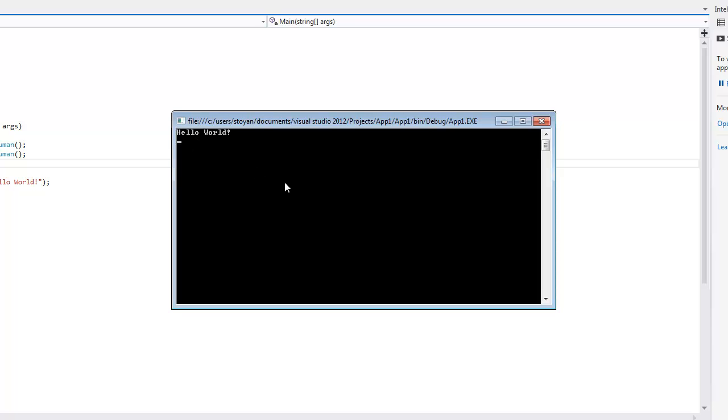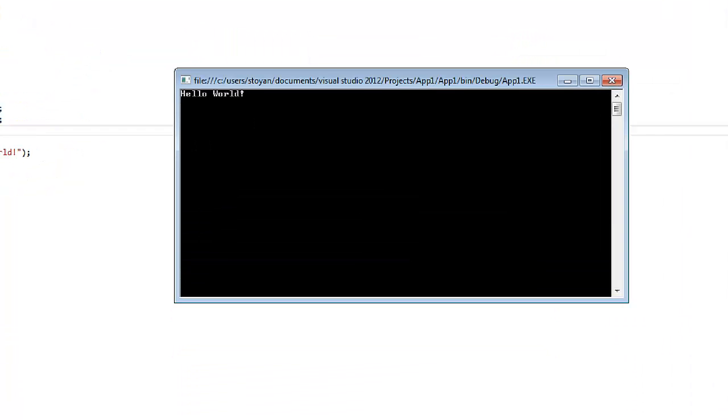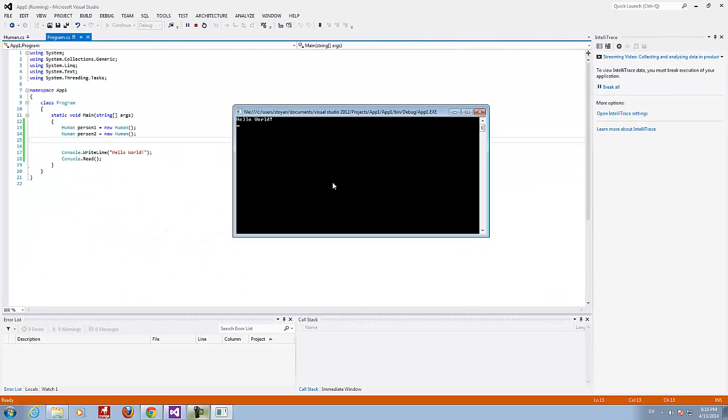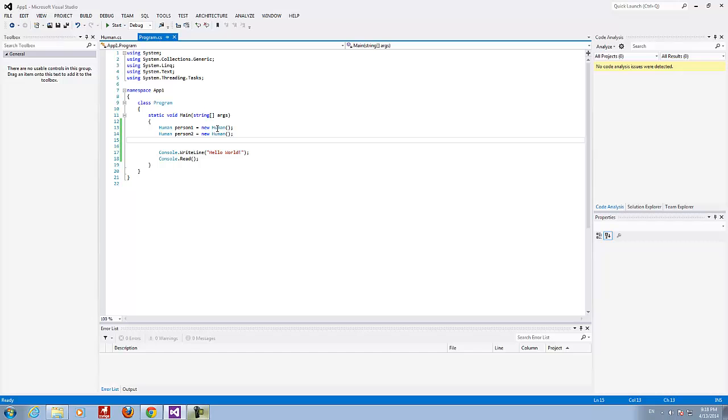Okay, let's start the program just to make sure that we have built two objects, and even though we don't see them right now on the screen, they exist in the memory of the computer. Just imagine that with a very small shuttle, or a technology which allows us to go inside of the computer and look at the RAM, this person1 and person2 are pulsing, they're existing in our virtual reality. Okay, so let's continue further.